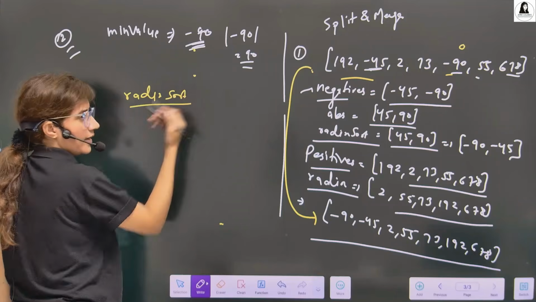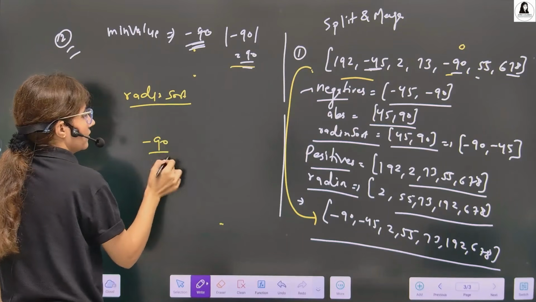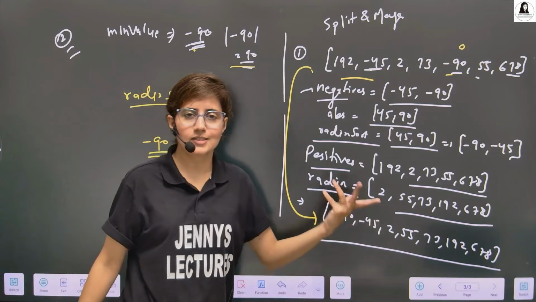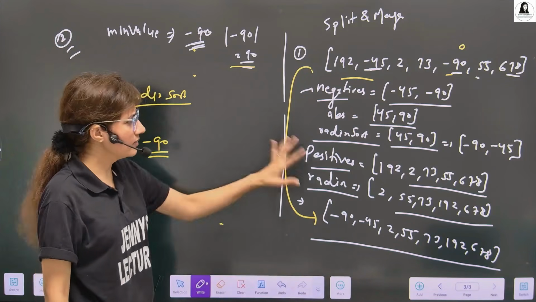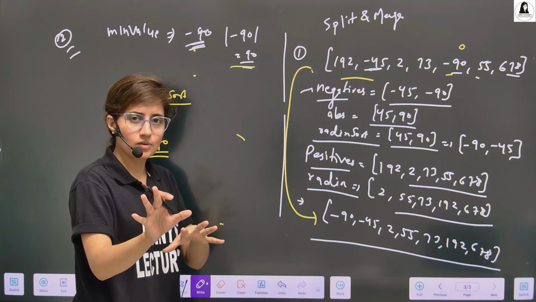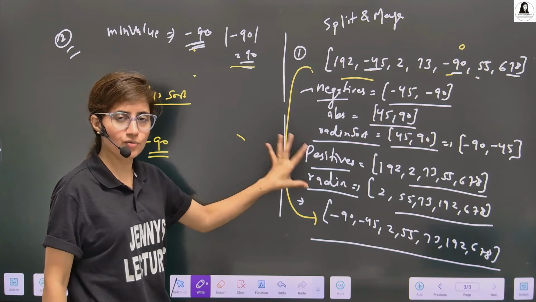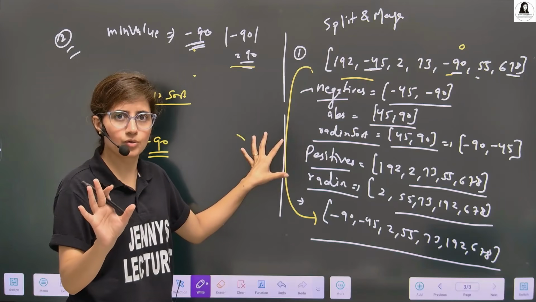After sorting, you just subtract 90 from each number, and that's it. So like this, there are two approaches to handle negative numbers. This is for your assignment. You have to deal with it yourself. You know what radix sort is, and I have told you the idea in brief of how to handle negative numbers. I guess you can do it.